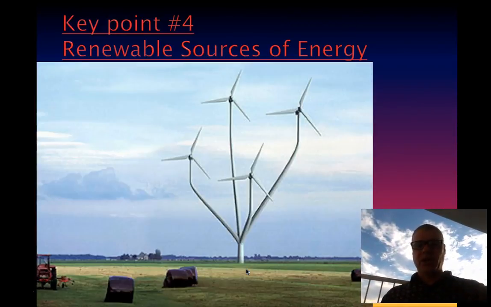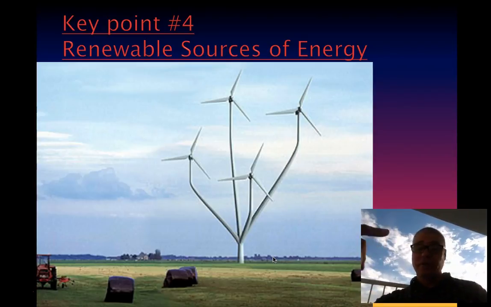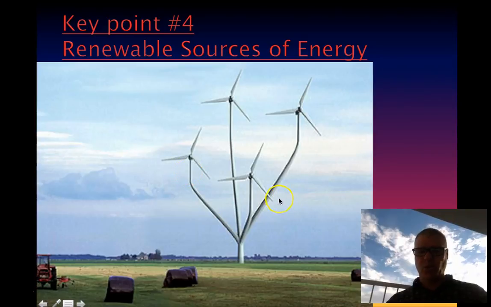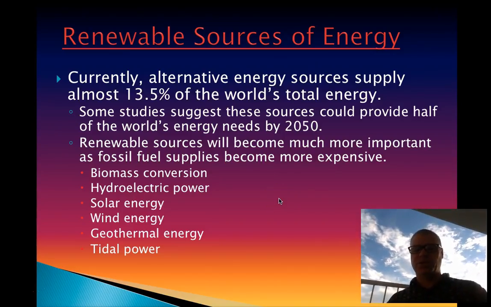Okay, key point number 4, last point, renewable sources of energy. As I mentioned, usually you're talking about just creating electricity, and you're still doing it by turning magnets and wires, right? That's all that's going on, just that here you're using wind to do that. So it says here, currently alternative energy sources supply about 13.5% of the world's energy. But that includes biomass, like using corn or wood, and so this is not all like solar and wind power